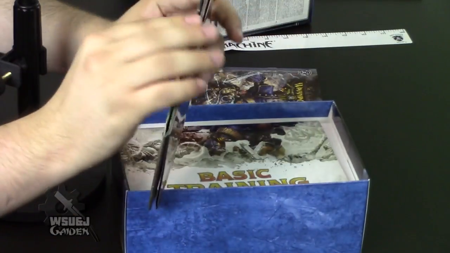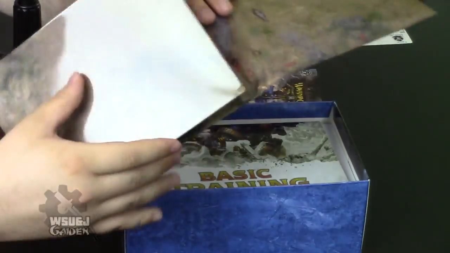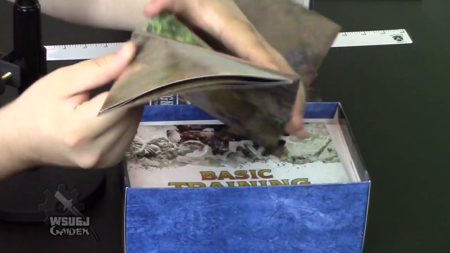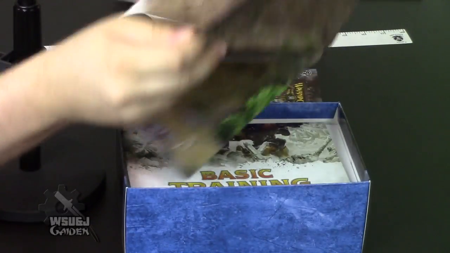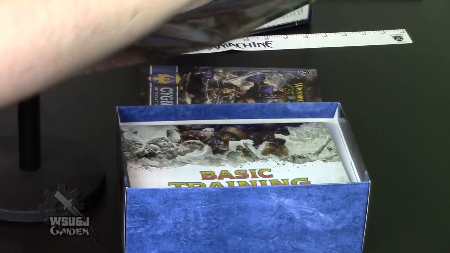We've got... This is actually... I can already see this is better quality than I expected this to be. Yeah, this is like a laminate, kind of like the measuring tape, actually. It's like a thick paper laminated thing. It's not like a battle mat for the ages. Yeah. But it looks like it's actually a reasonable quality. And it's a good size, too. For a starting game, this is...